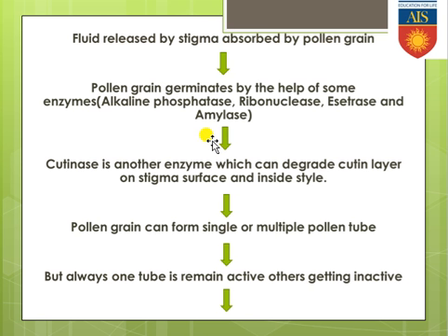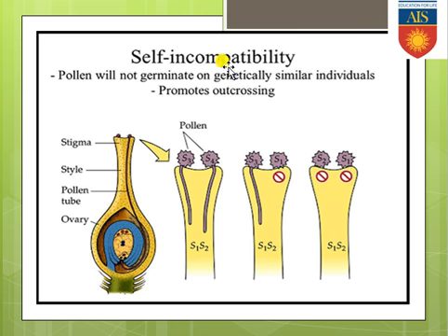Here, before going to the next point, I am just showing you the previous slide. Here you can see self incompatibility. What is that? Sometimes it is found that the pollen grain, which may be from the same flower or same species of flower, is not getting accepted by the stigma surface, because both are containing genetic makeup. Those genetic makeups are different.